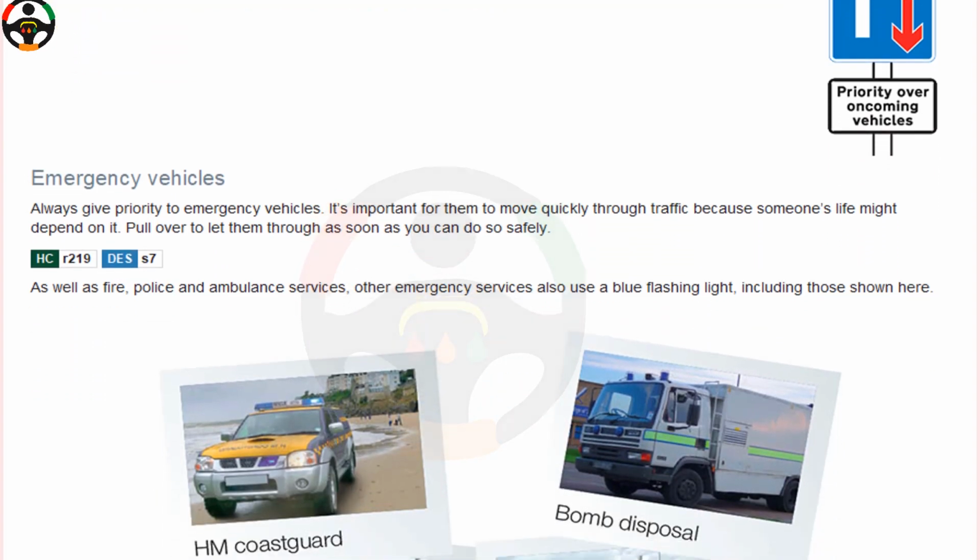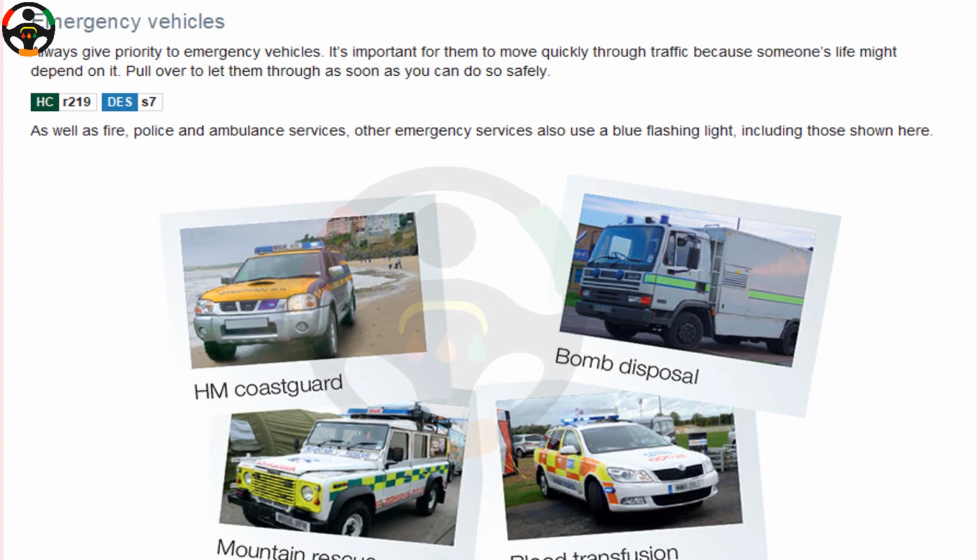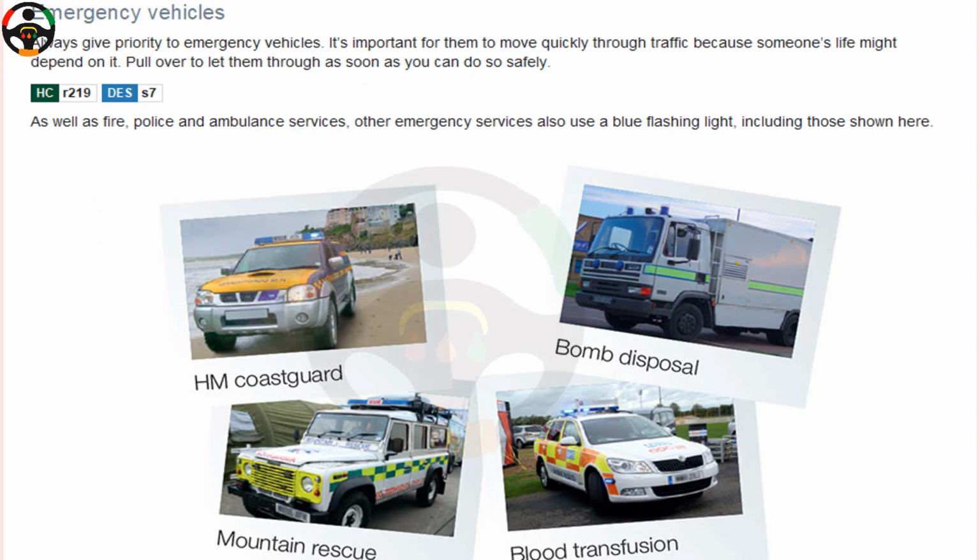Emergency vehicles. Always give priority to emergency vehicles. It's important for them to move quickly through traffic because someone's life might depend on it. Pull over to let them through as soon as you can do so safely. As well as fire, police and ambulance services,